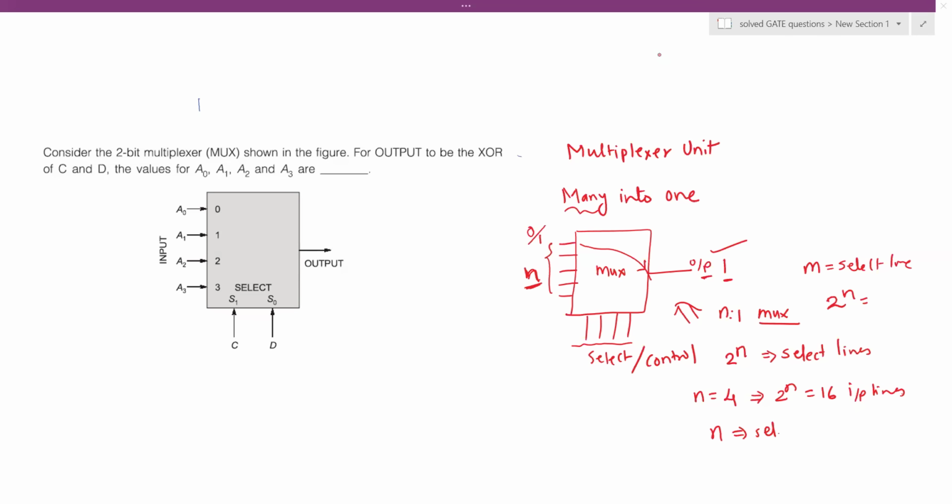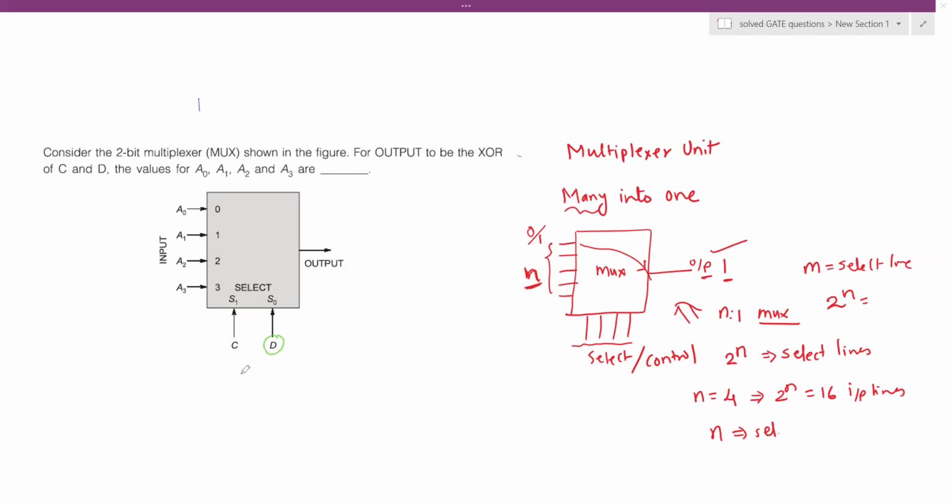Let's focus on our topic, which is the problem that is given here. As you can see, it has 4 inputs, A0, A1, A2, and A3. That is called 0, 1, 2, 3. So 4 input lines. And on each of these input lines, the data available will be 0 or 1, 0 or 1, 0 or 1, and 0 or 1. And you've got two select lines. So obviously S1 and S0 are the two select lines, and the external control is denoted by letter C and